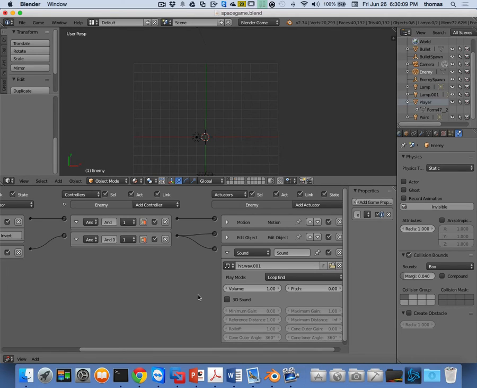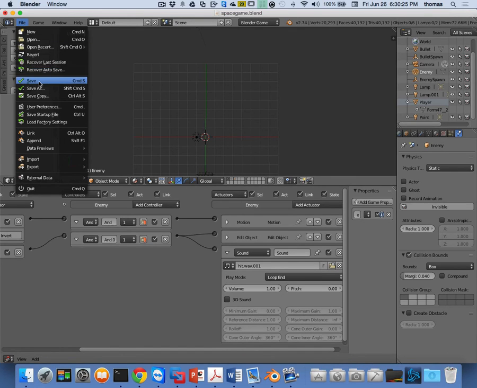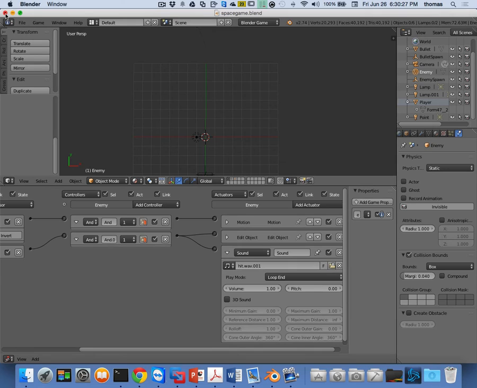But what I want you guys to do is don't lose this file. Next time we get together, instead of starting from scratch again and making all this stuff again, let's start with something. Let's start with this. So I'm going to save this thing, my spacegame.blend. Okay. And one thing I wanted to show you is that I've got another game that I made,